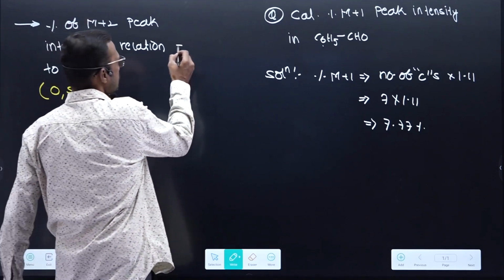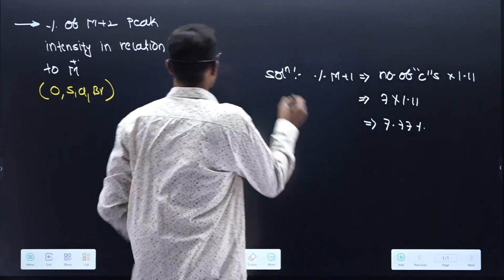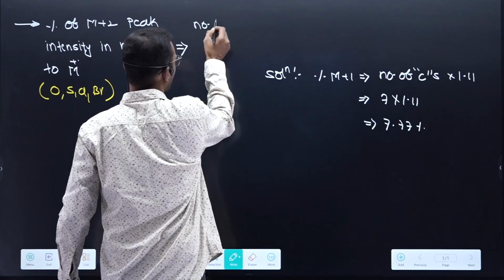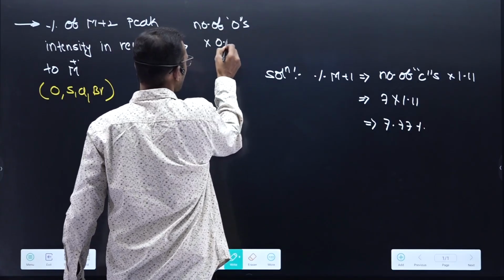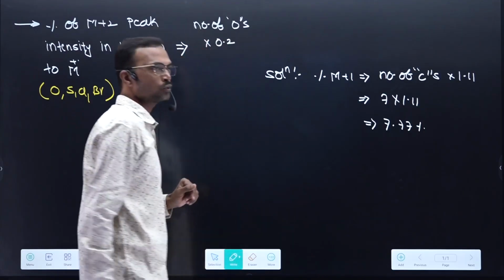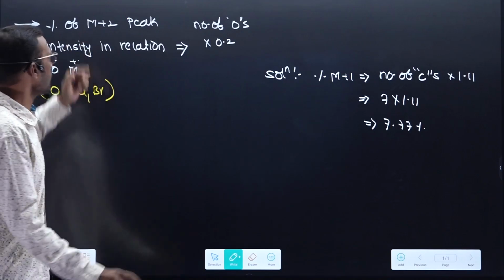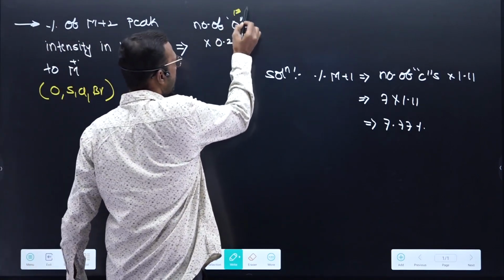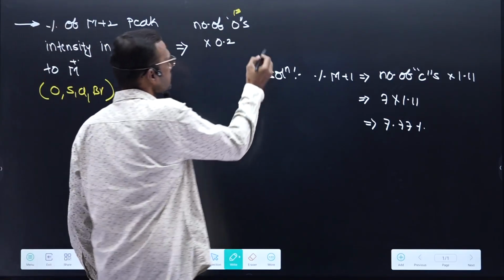So for this, I can write first oxygen. First we need to write number of oxygens multiplied by 0.2. See, this oxygen belongs to O18, not O17. It is M plus 2. M plus 2 means it is O18. How many oxygens are present? That is multiplied by 0.2, plus